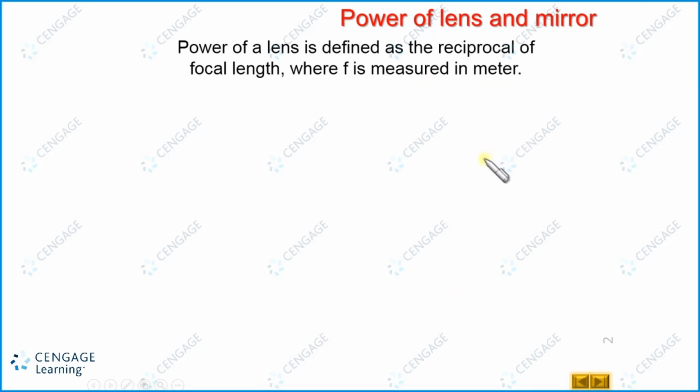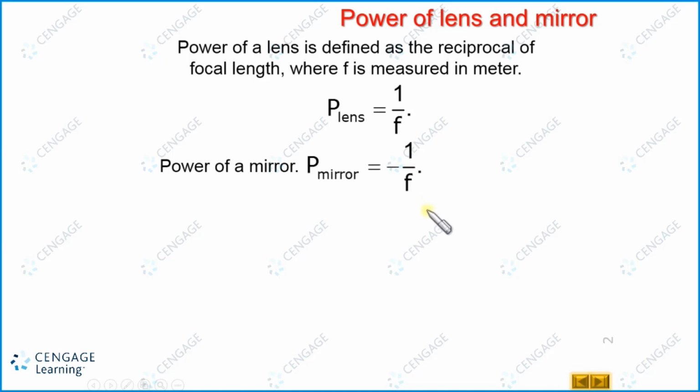We can write the formula for the power of the lens as 1 upon focal length, right? This focal length should be with the meter unit. In similar fashion, we can write the power of the mirror as 1 upon f, but with the negative sign. So we can write power of the mirror equal to minus 1 upon focal length. The unit of the power is diopter, and 1 diopter equals 1 divided by meter, that is meter to the power minus 1. Now let us return to our main point, that is a lens with one surface silvered.